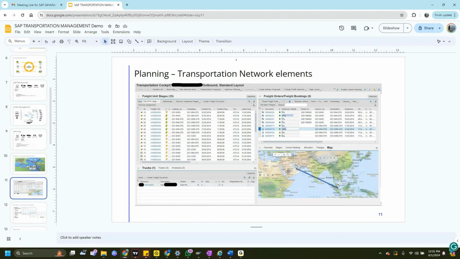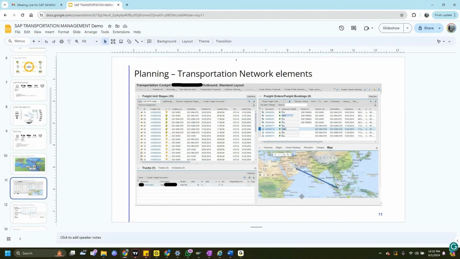But again, the map is not an inbuilt SAP thing. We have to buy a license from HERE Maps or any other provider and leverage those APIs in the SAP system to have this map visibility within the cockpit. So this is highly customizable. I'll show you, there are 4 quadrants over here: 1, 2, 3, 4.